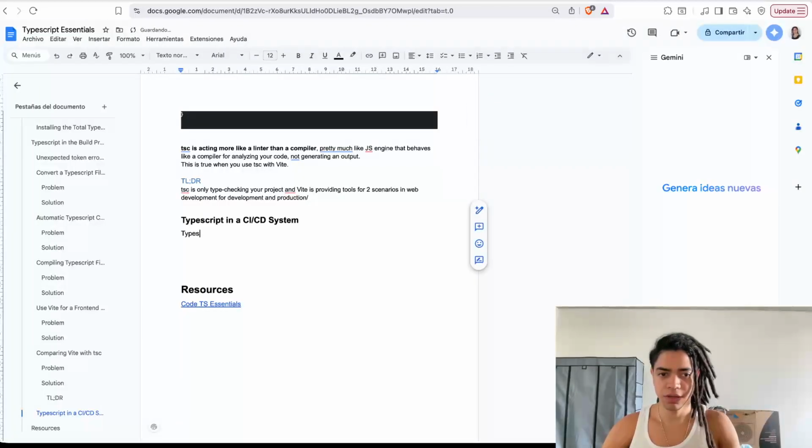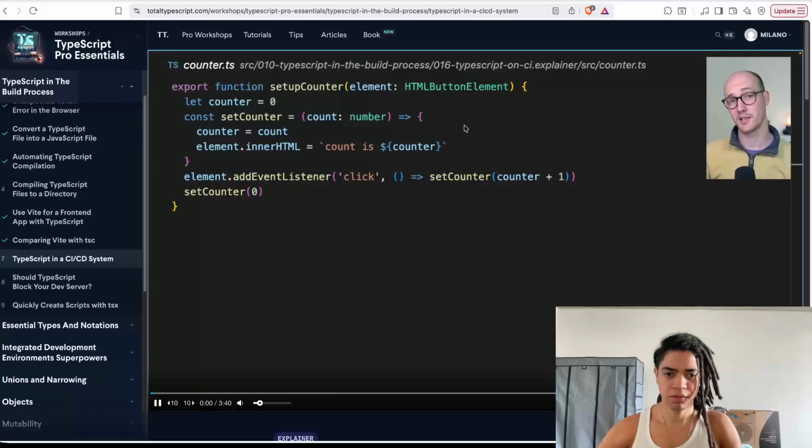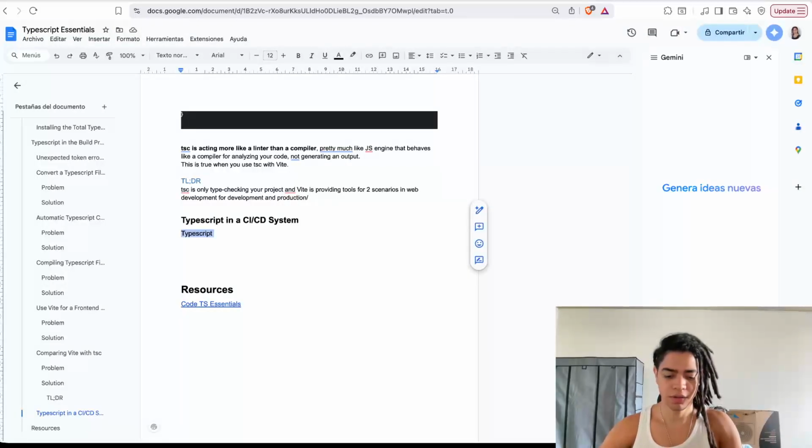So TypeScript. A CI/CD system is basically a server. Let's look at a place where TypeScript really shines in a CI/CD system. Not only TypeScript, but also